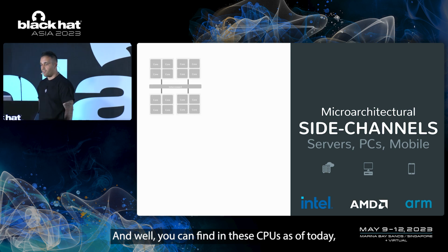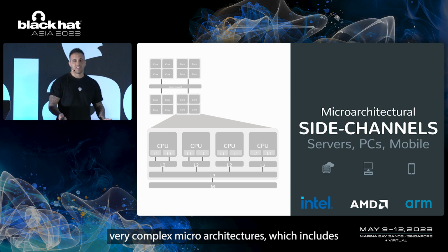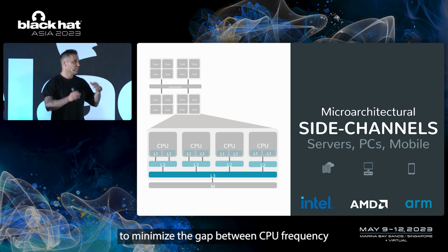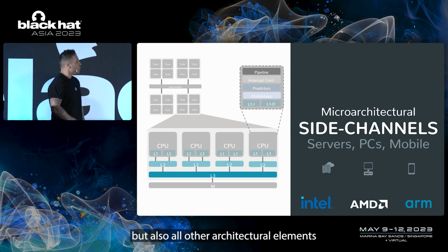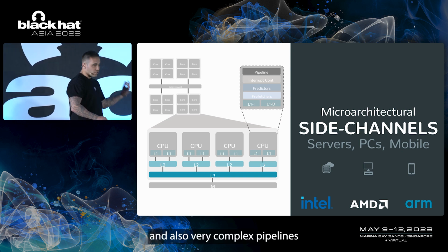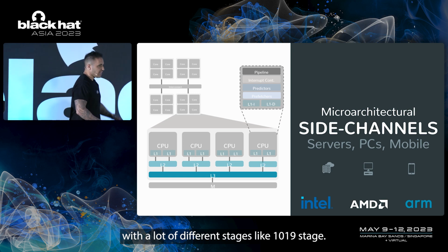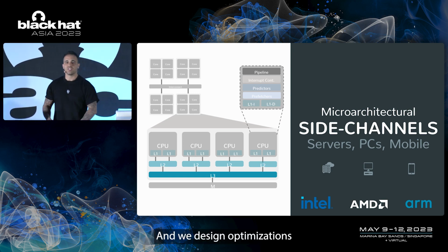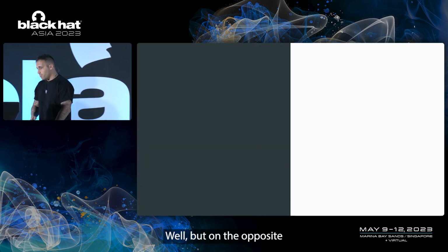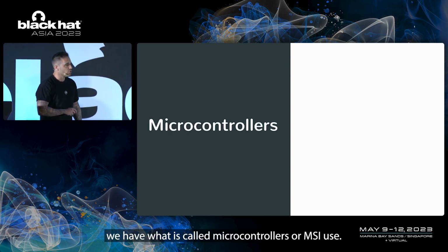You can find in these CPUs, as of today, very complex microarchitectures, which include multiple levels of cache to minimize the gap between CPU frequency and memory frequency, but also other elements like prefetchers, predictors, and very complex pipelines with a lot of different stages, like 10 or 19 stages, and design optimizations like speculative execution or out-of-order execution. But on the opposite side of the computing spectrum, we have what are called microcontrollers, or